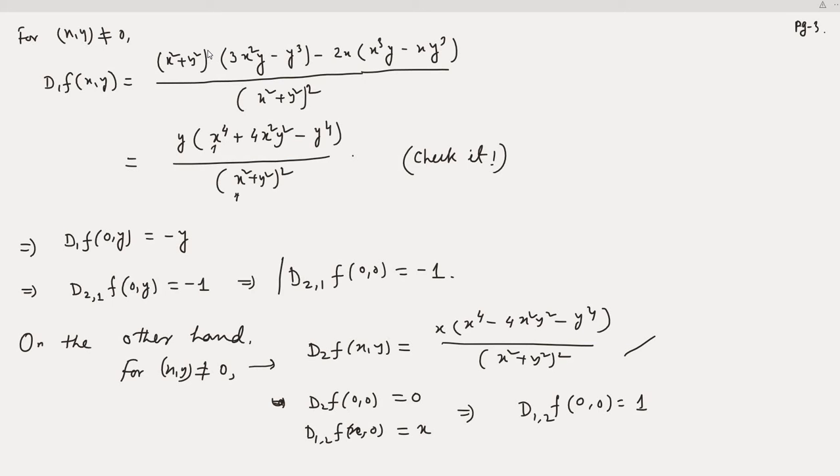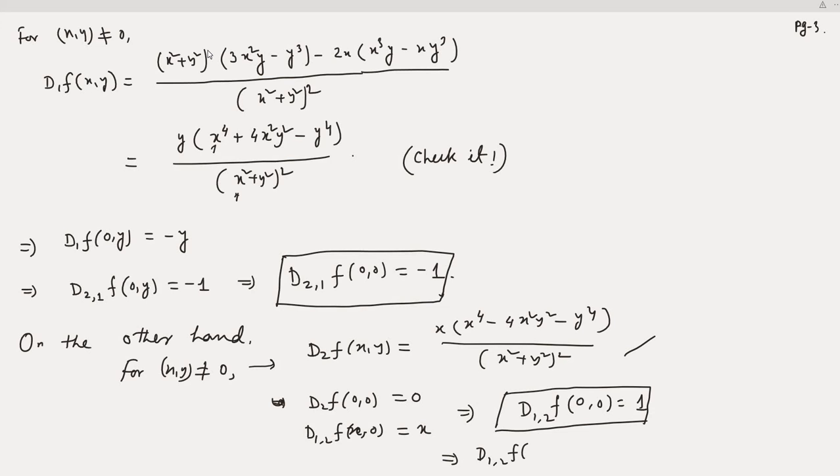So we have d2,1 f at (0, 0) equal to minus 1, and here we have d1,2 f at (0, 0) equal to 1. So this implies d1,2 f at (0, 0) is not equal to d2,1 f at (0, 0). Okay,